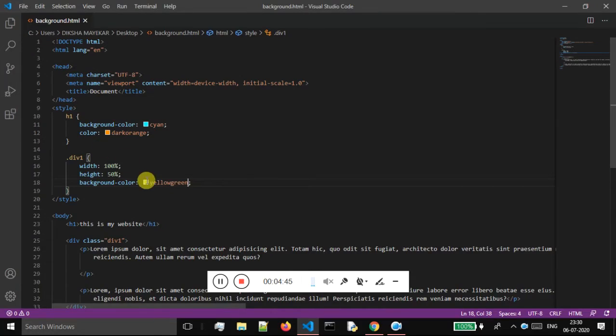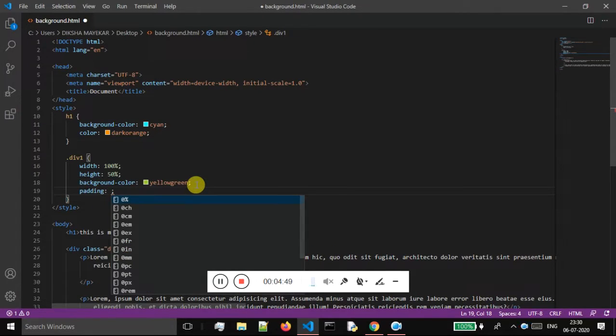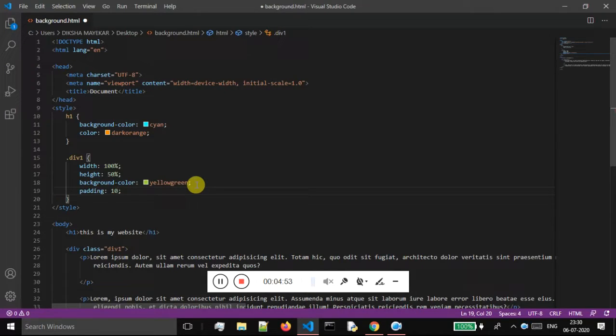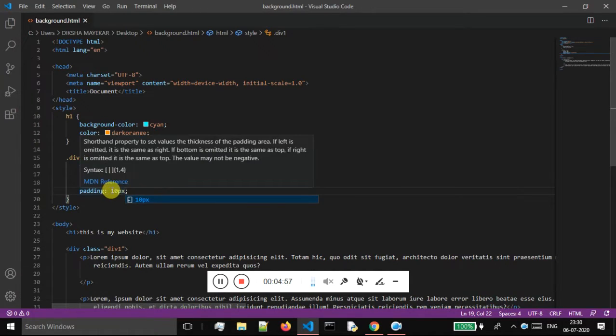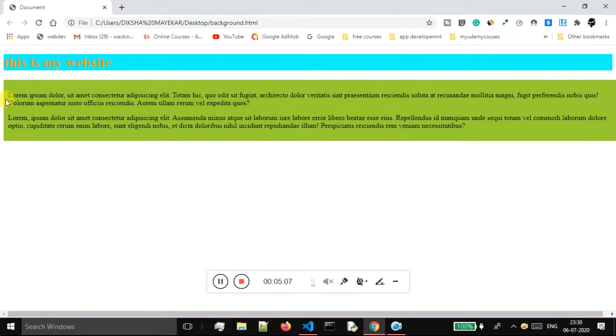division. So I will come over here and I will give padding. The padding is nothing but the internal spacing. Okay, so I will give the padding as 10 pixels, and I will save this. Now let me just tell you what is the use of the padding. When I have given the padding as 10 pixels, I will have a little bit of space over here. Okay, so as can be seen, now there is a little bit of space in all the directions, and